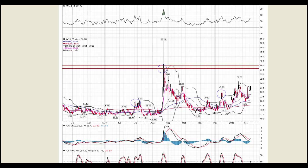Stock market strategy video for Wednesday, February 10th. Well, we got another volatile session in the markets yesterday. It's kind of like really where we are. We've been stuck in a 2 or 3 day range. We are at the lower end of the 5-day range, but nonetheless, we're still trying to figure out if a